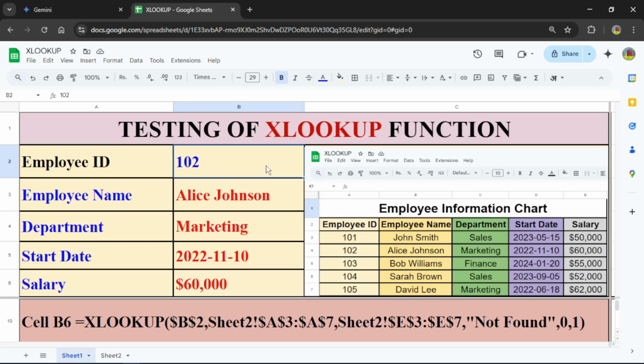Changing the ID number to 103 shows Bob Williams from the finance department, starting on January 20, 2024, with a salary of $55,000. With ID number 104, we see Sarah Brown from the sales department, starting on September 5, 2023, with a salary of $52,000. And for ID number 105, we have David Lee from the marketing department, starting on June 18, 2022, with a salary of